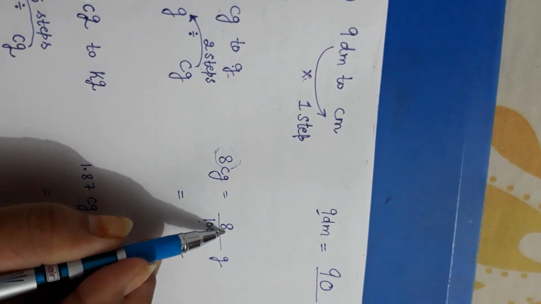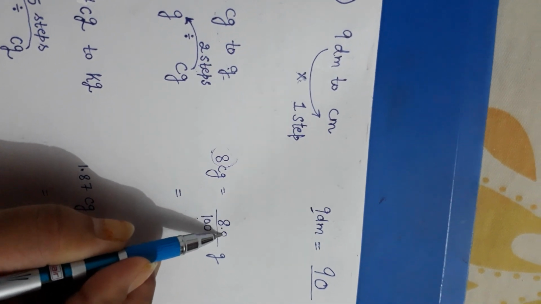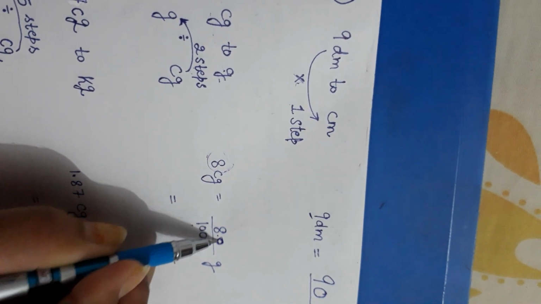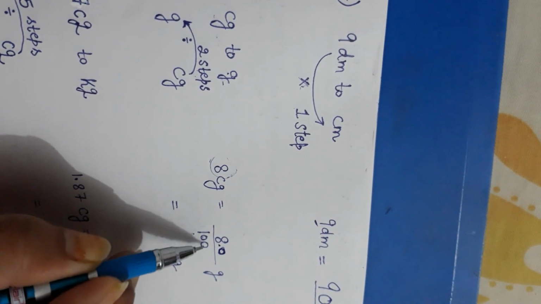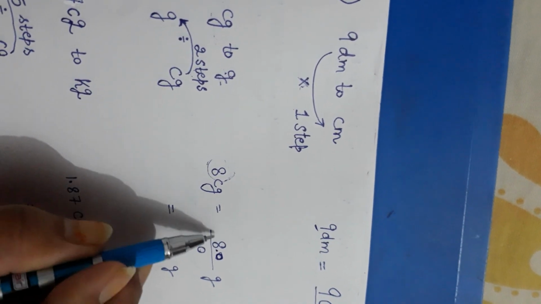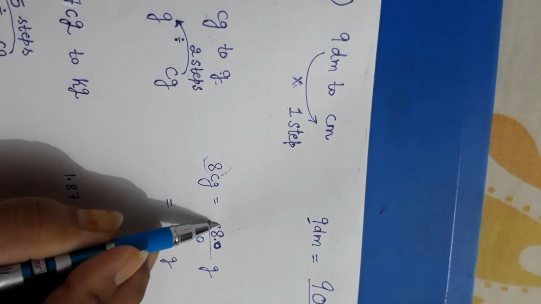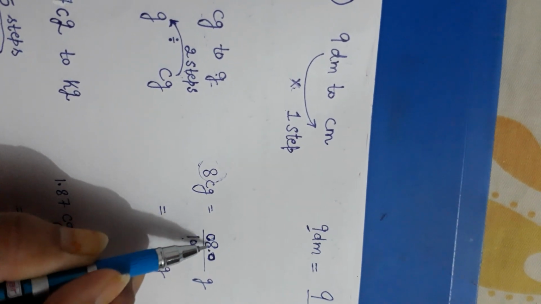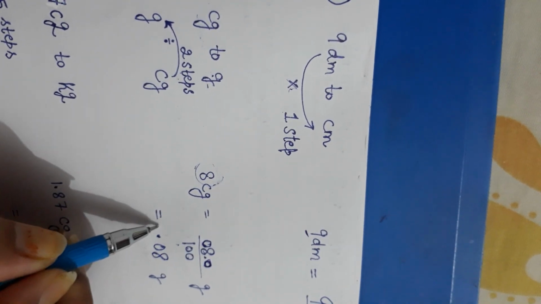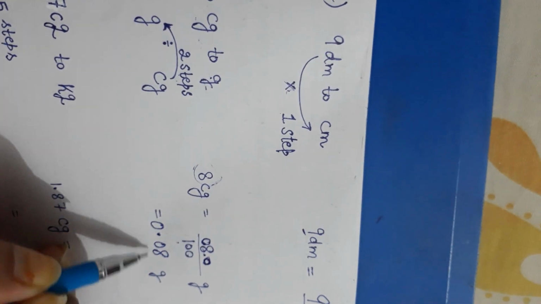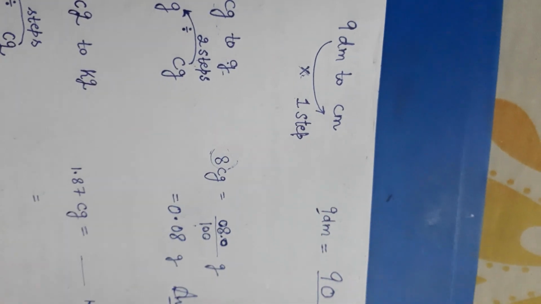So first of all the decimal was 8.0. You can also write 8 as 8.0. Previously the decimal was here, but since we are dividing, the decimal will shift left. Shift 2 places, so the answer is 08. There is nothing further, so put 0 here, so 0.08 is your answer.